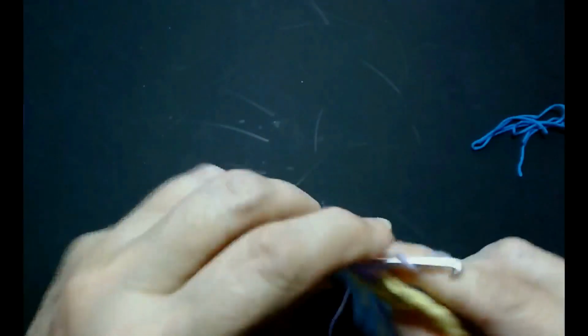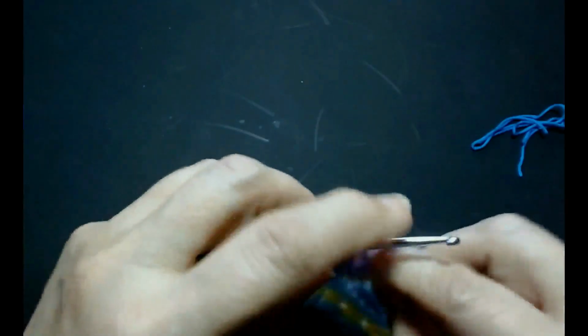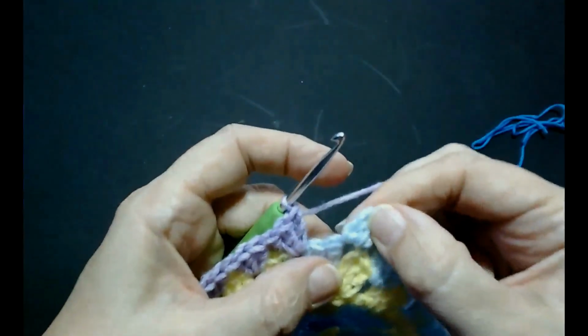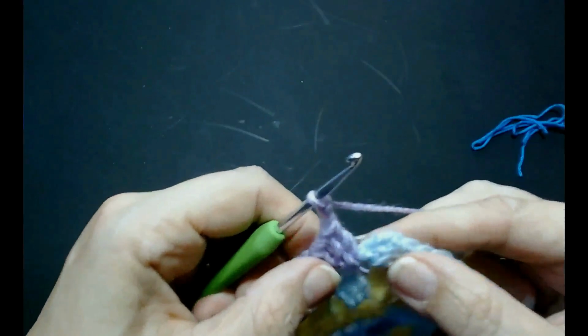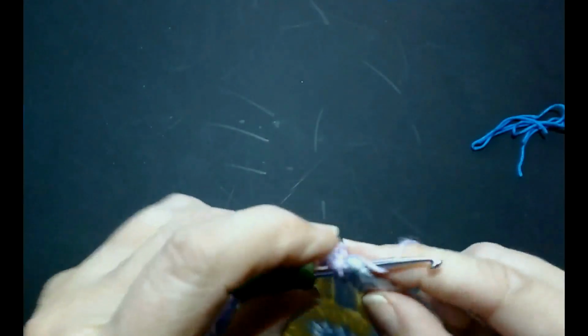and 3 and 3, and we're back to the next corner, 3 treble crochet, 2 chain and 3 treble crochet, 2 and 3, chain 2, don't make them too tight, and 3 treble crochet, 1, 2 and 3, and work along this last side, 3. Now we're at that corner. Now remember, we've already got half of it done, so we only need to put 3 treble crochets in, 1, 2 and 3, and do your chain of 2, 1, 2, don't do those too tight, and into the top of this chain 1, 2 and 3, into the 3rd stitch you're going to slip stitch,